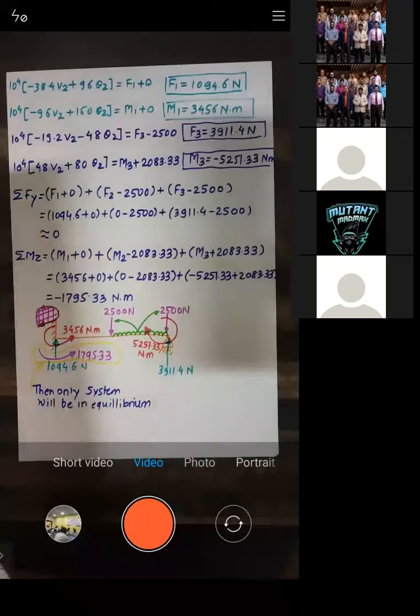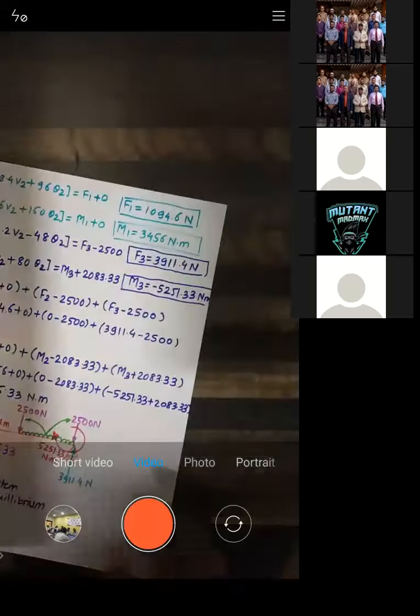So see, one additional problem is also there. One more problem I will just highlight, how to solve it, because it's the same sort of problem, right? I will not go into the detail of that problem, so that you can solve it, because the same loading is there. So I will just bring that problem. See, still, if you have any doubt with this one, you can let me know.